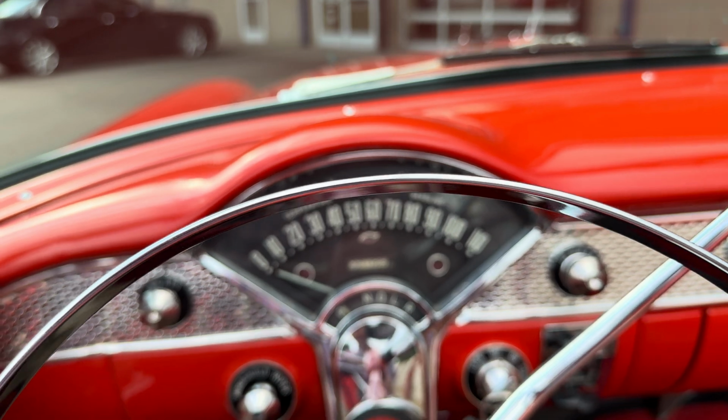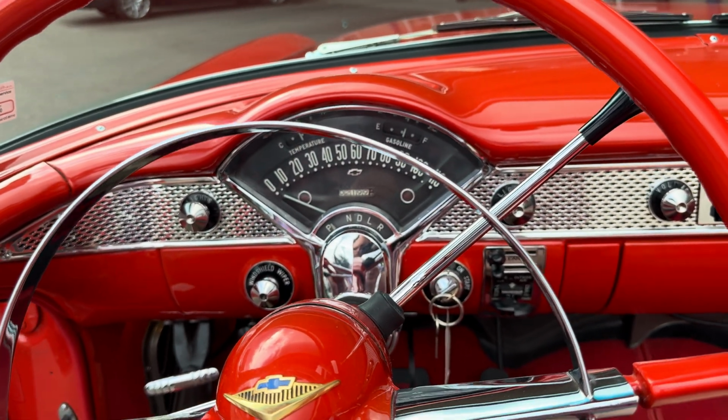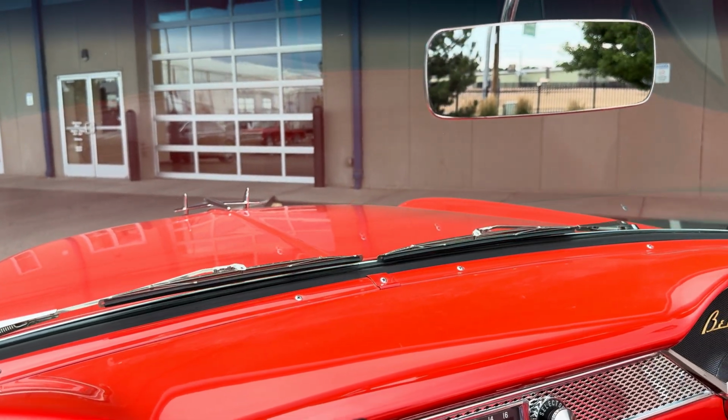Really nice car. So we do have horns, vacuum operated windshield wipers,